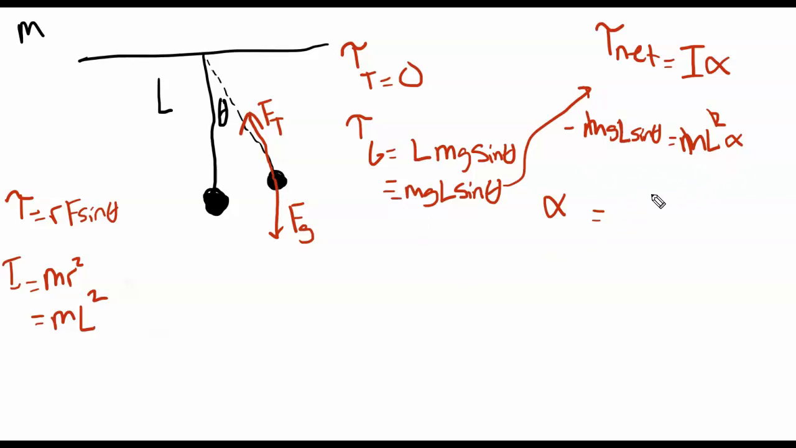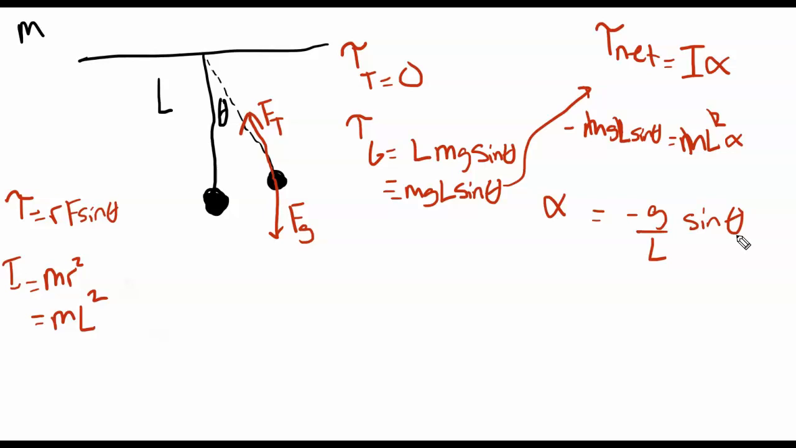Okay, and so I end up with alpha equals, let's see, negative g divided by L times sine theta. Okay, now this is not an equation for simple harmonic motion. And so a simple pendulum is not actually an example of simple harmonic motion, which I realize is funny since I'm supposed to be doing examples of simple harmonic motion, and I did all of this work,